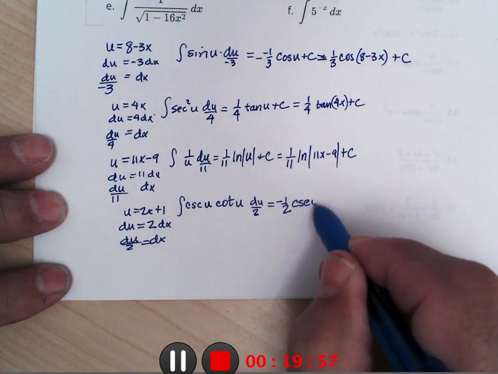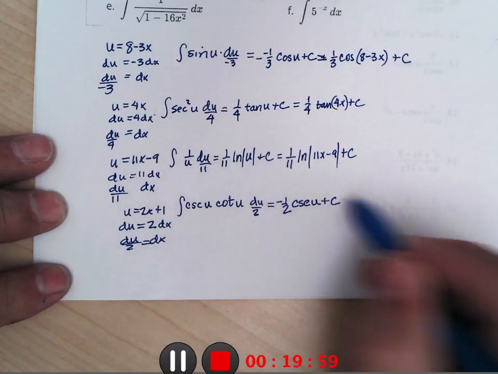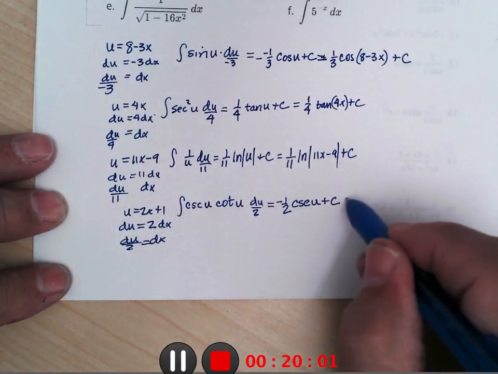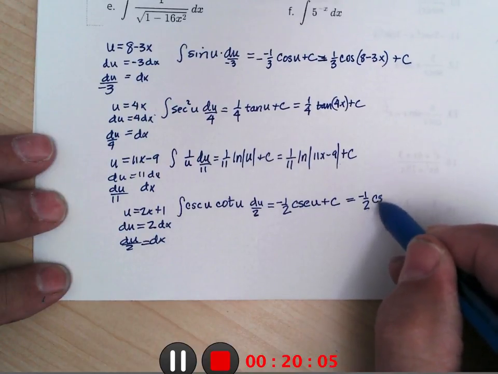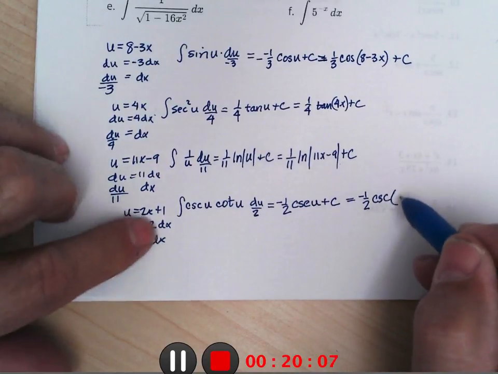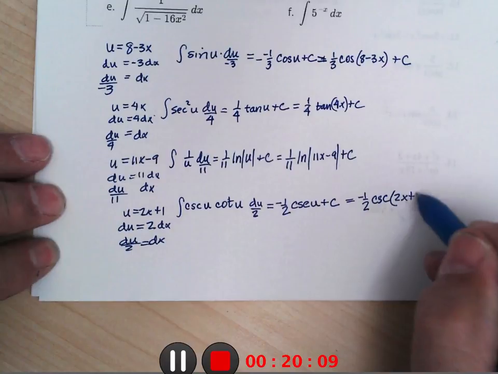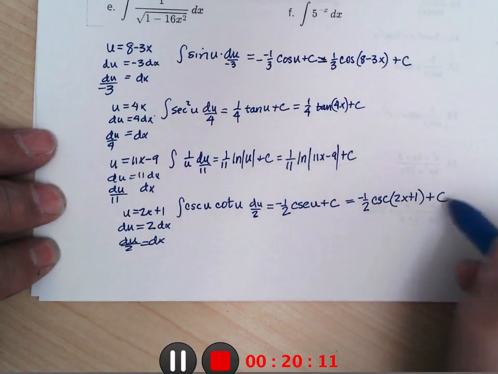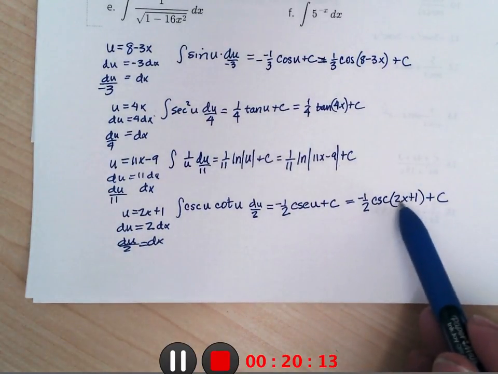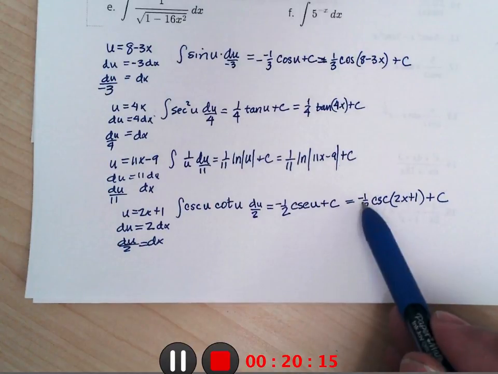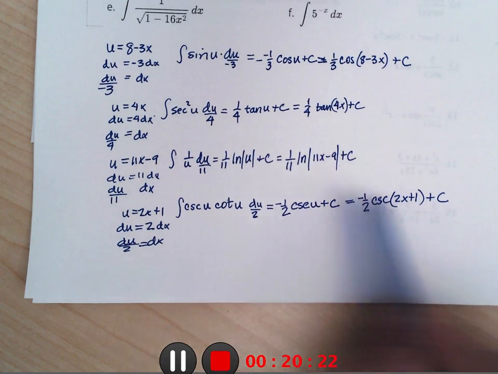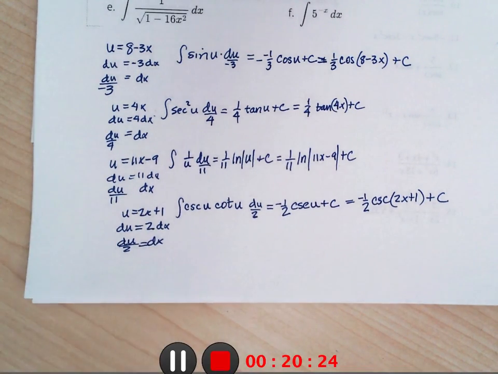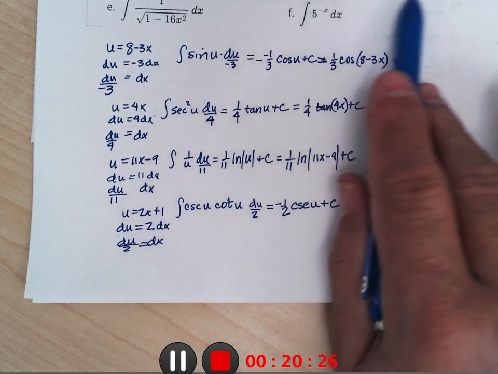And then replacing the u, we get negative 1/2 cosecant of 2x plus 1 plus c. So we get that the 2 creates a 1/2 outside, the derivative on the inside would cancel out, and the derivative of cosecant is negative, so the negative would get canceled out and make cosecant cotangent of 2x plus 1. Okay,